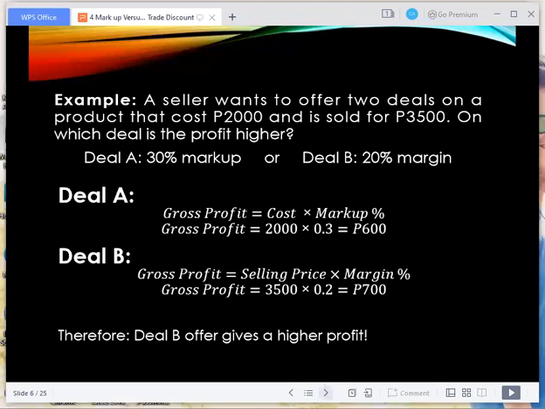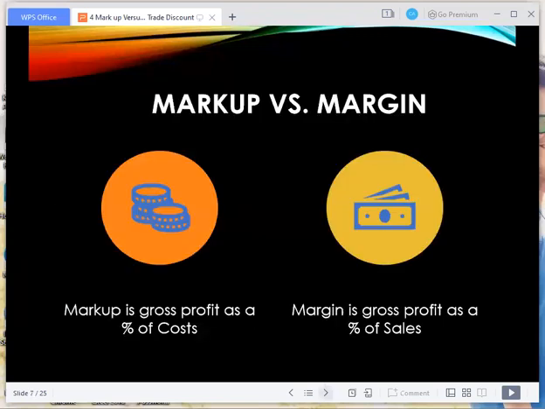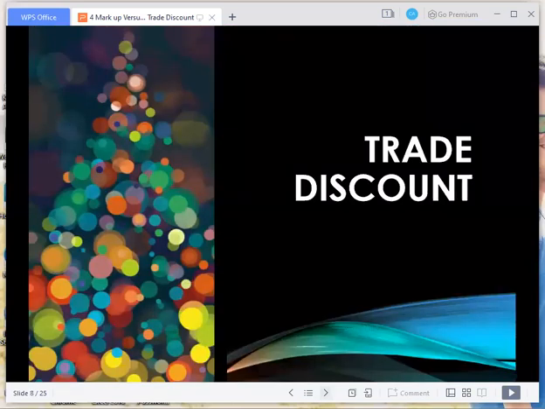Okay, let's proceed. Now take note, comparing markup and margin. Again, markup is gross profit as a percentage of the cost. Margin is gross profit as a percentage of the sales or the selling price. Now let's proceed to trade discount. On the trade discount,